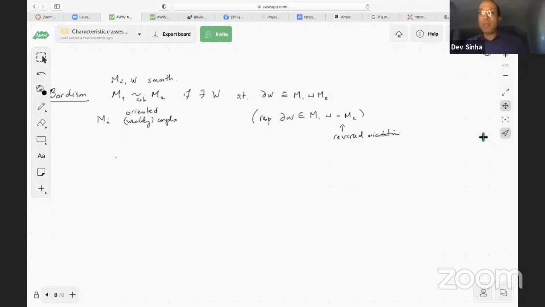So this is a cruder equivalence relation than diffeomorphism. If two manifolds are diffeomorphic, they're cobordant, M cross I being a perfectly good cobordism, for example. And it is in fact distinct from homotopy equivalence or even homeomorphism. But it's hard to tell a priori how hard this is going to be. Well, I guess it's simple enough.